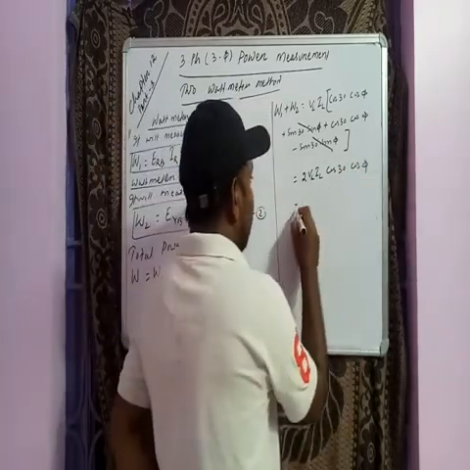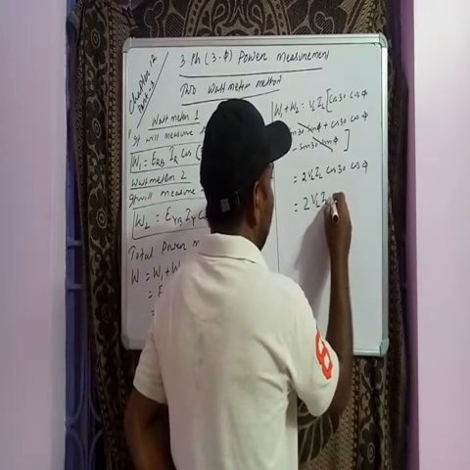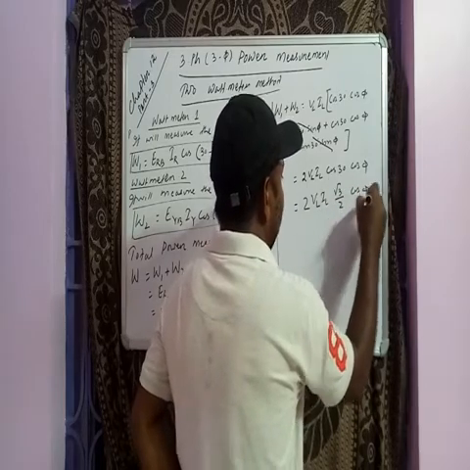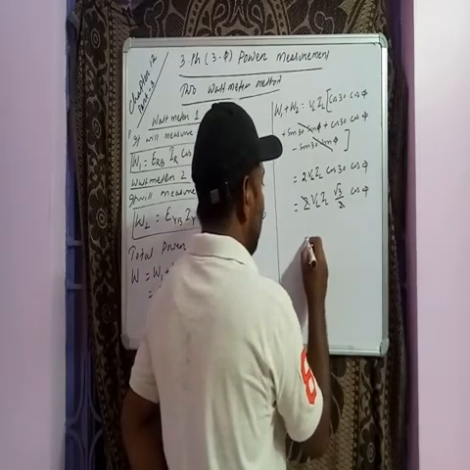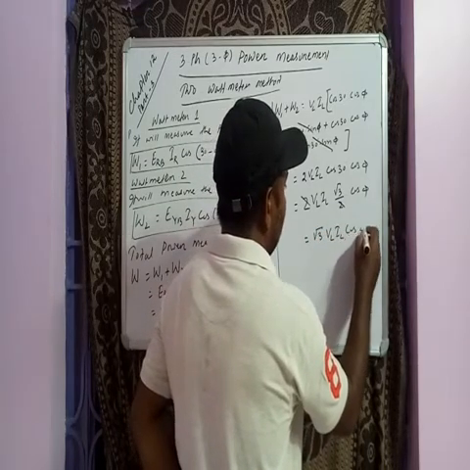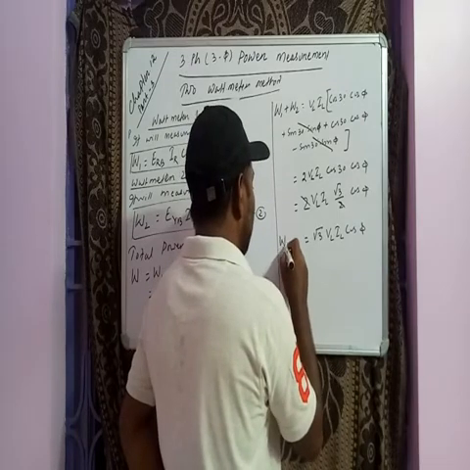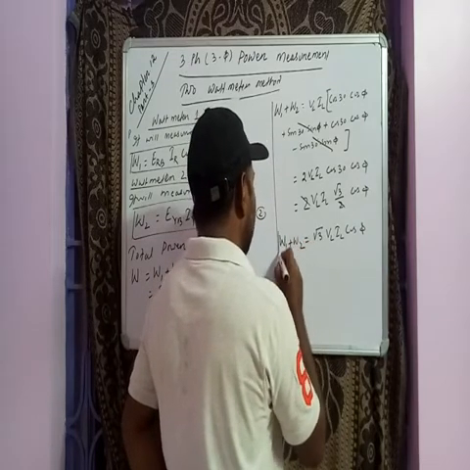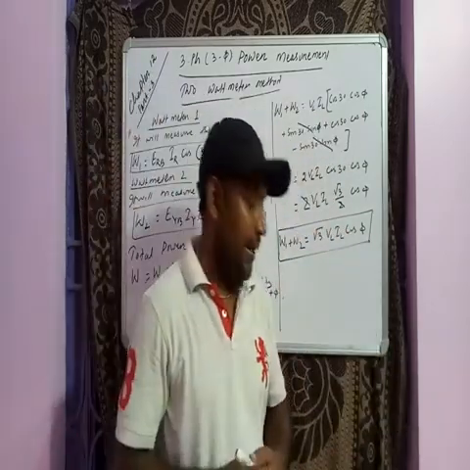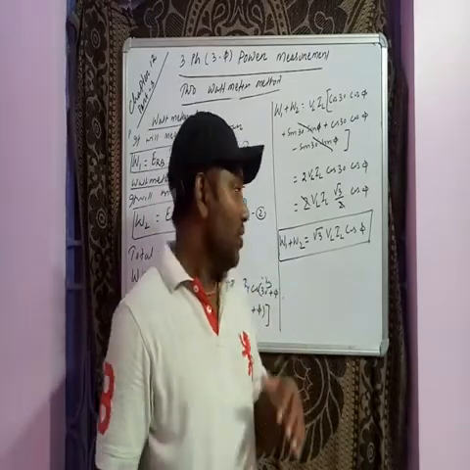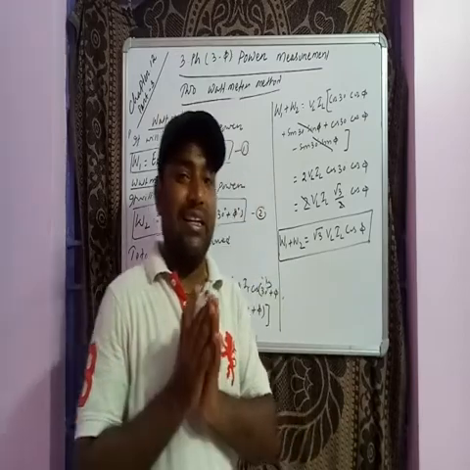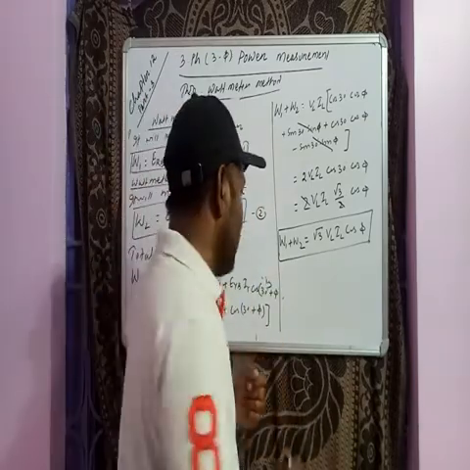So what is cos 30 degree? So cos 30 degree value is root 3 by 2 into cos phi. Now 2 will be cancelled. So it is root 3 VL IL cos phi. So this is the W1 plus W2 value. So 2 wattmeters give the total power which is root 3 VL IL cos phi. So getting this, so now it is clear that by the help of 2 wattmeter we can easily measure the total power of the 3-phase system.